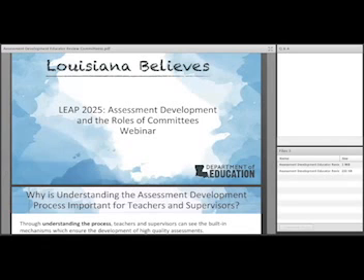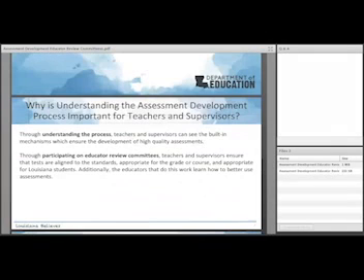Assessment development is a pretty rigorous process for us, and the committees that we bring in at multiple points are critical to that development process for a variety of reasons. And so this presentation, we'll go through the different parts of the process and the different committees along the way. And then we'll get into, one, how participants benefit from being a part of committees, but then also how the state and our tests and our students benefit from educators participating on these committees. We really cannot do it without our committees.